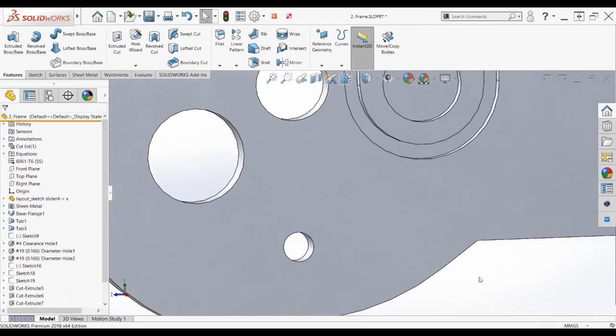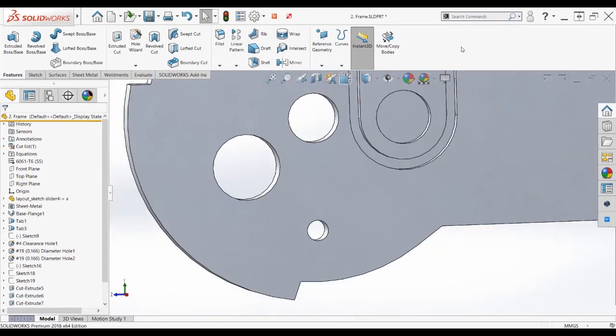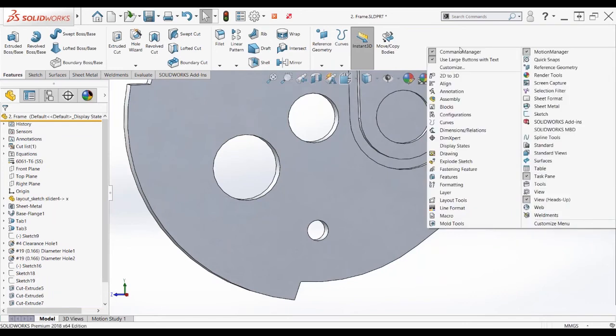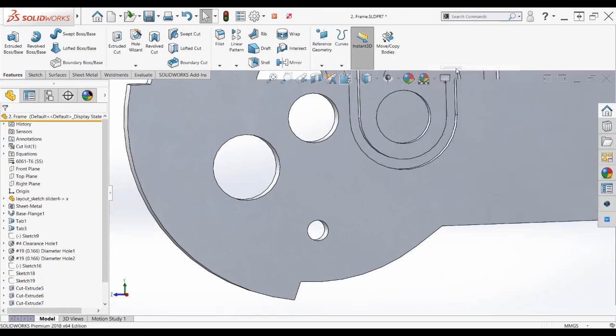So I just got like 4 of the same question. How do you customize the sketch menu? If you right click in a blank area of your command manager at the top, there is a nice customize button. When you click on the customize button,